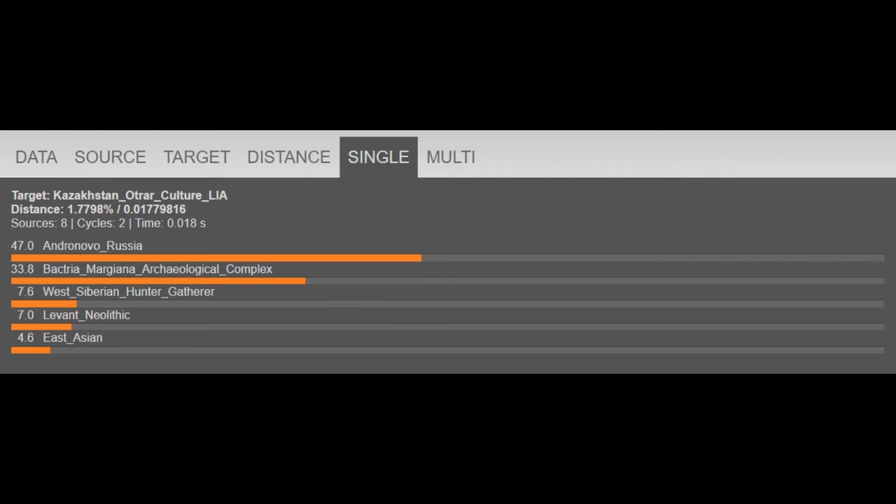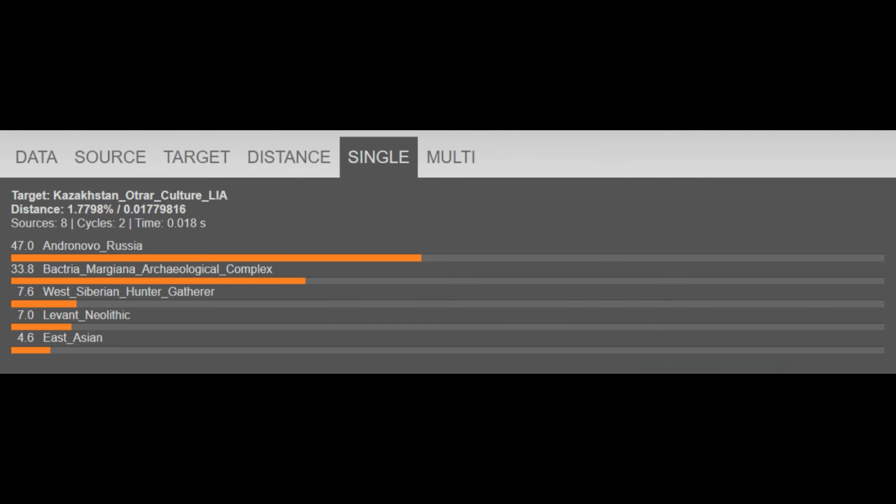Now here are the results for the averaged out sample set, and I'll take a look at the individual samples next. So you can see there on average 47.0% Andronovo from Russia, 33.8% BMAC, 7.6% West Siberian hunter-gatherer, 7.0% Neolithic Anatolian, and 4.6% East Asian. What you can see with these results is that these ancient Khwarezmian related samples were very much a hybrid population